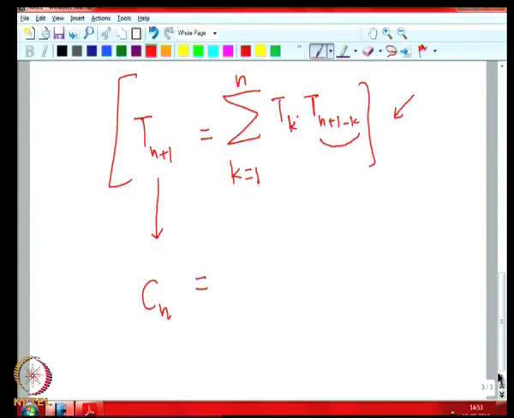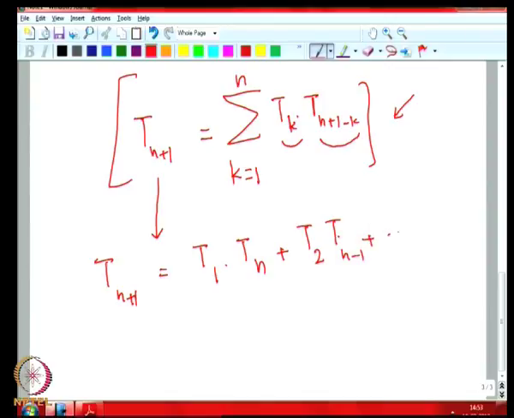This is like when we multiply one element, that is t1 into tn, so T(n+1) is equal to t1 into tn, plus then t2 into t(n-1), plus up to tn